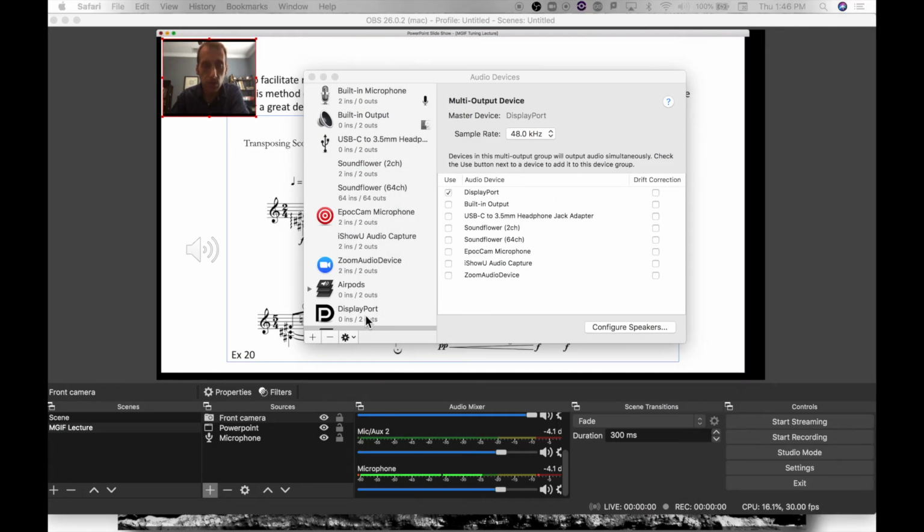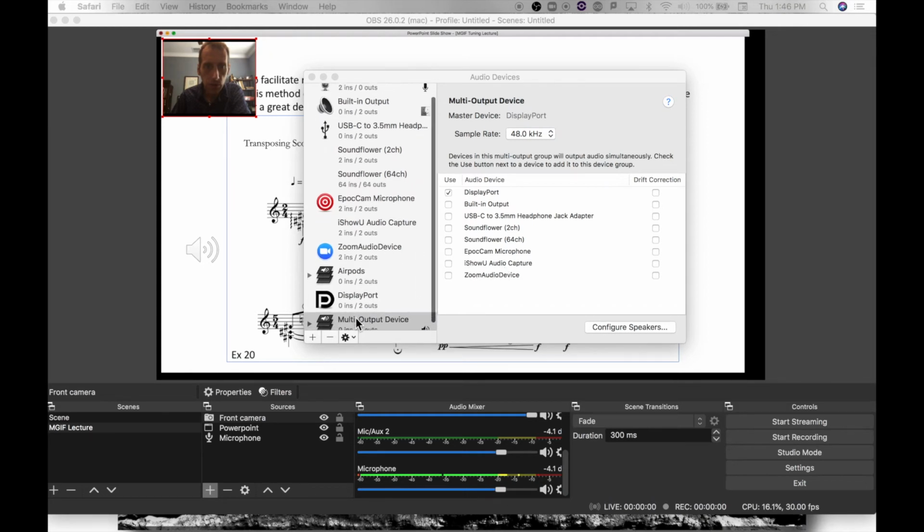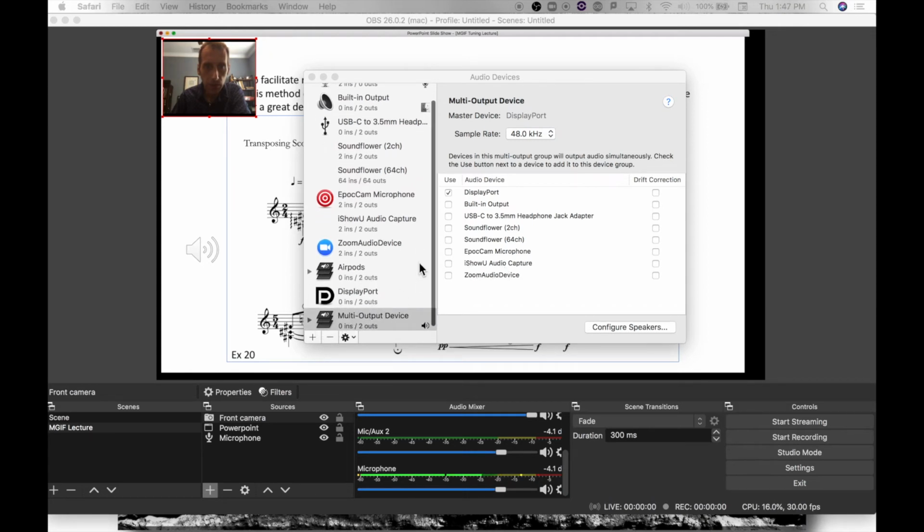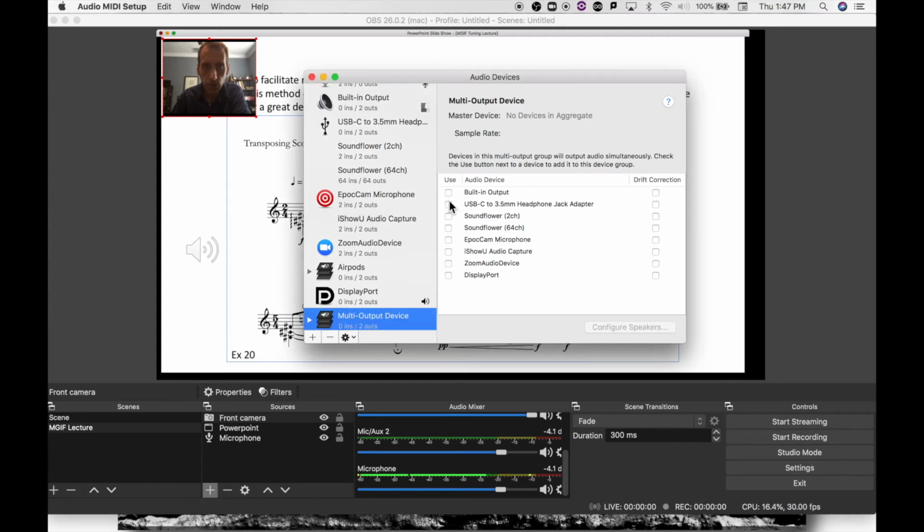So once you've installed it, it should show up here as one of your options. Now I have, again, some additional options here that you probably don't have. These are programs that I've installed. But the one we're interested in is iShowU Audio Capture. So once again, we've started a new multi-output device, and what I'm going to do is I'm going to check my